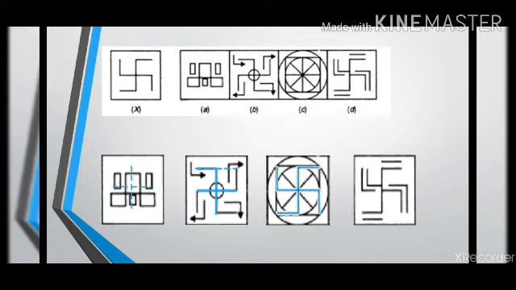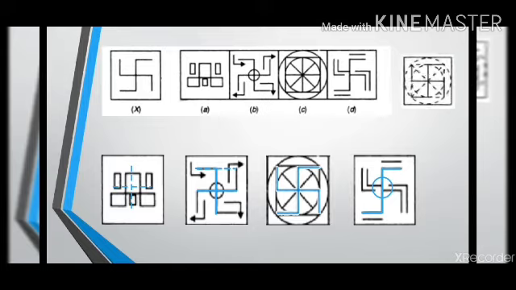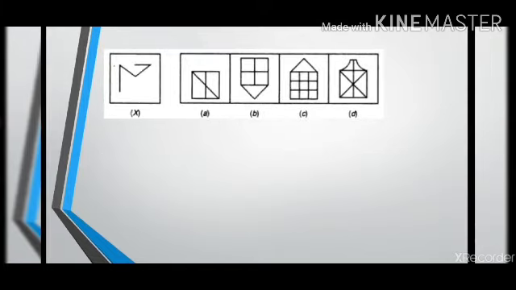Now let's see if option D has it. Option D looks very close. It is very similar to the image X that is given, but it is not the exact image. As you can see, I'm getting a line, but at the center the two lines are not connected. I'm not getting a plus. Like I said, it is a close resemblance to the figure that is given to us, but it is not the exact figure. Therefore we have one answer as the option, that is option C.